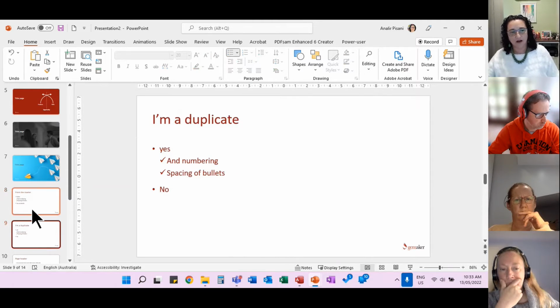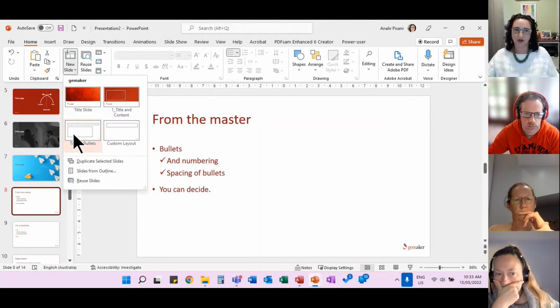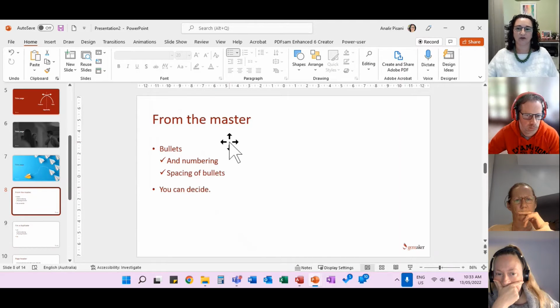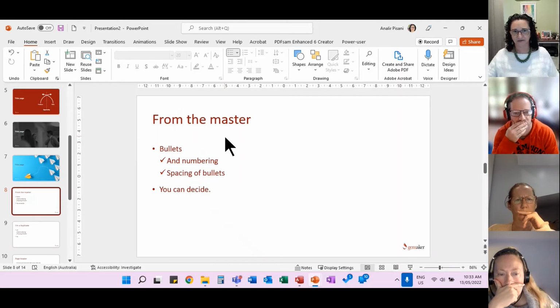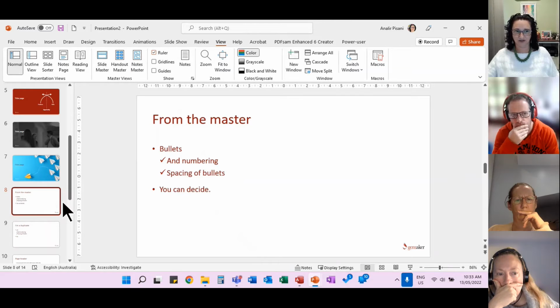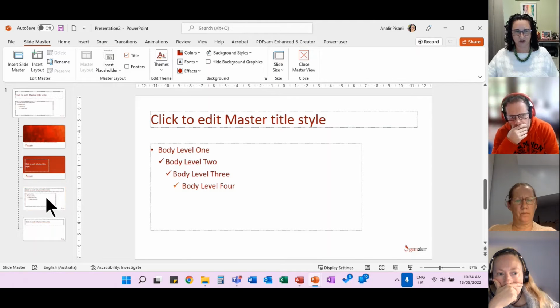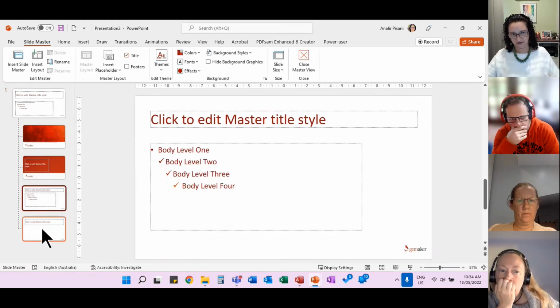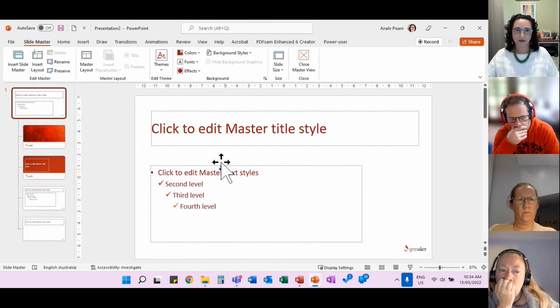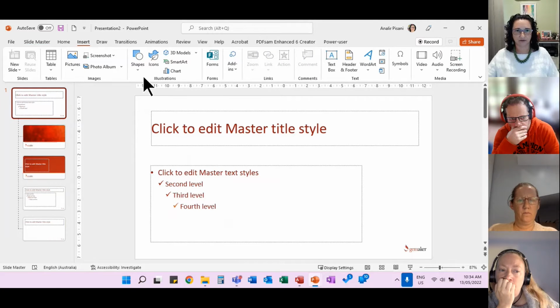Right. The idea, because I've created a slide using the layout that I had here, if I then go through and say, well, no, I want to add something else, it's too plain, it's too wide, or I want to add a little bit of something, you will change that in the master so that it changes it in anything that uses that layout. So when I go into the master and I go to this placeholder here, or this one, which then cascades through to the others, yeah, I can go, I don't know, insert, shape, line,